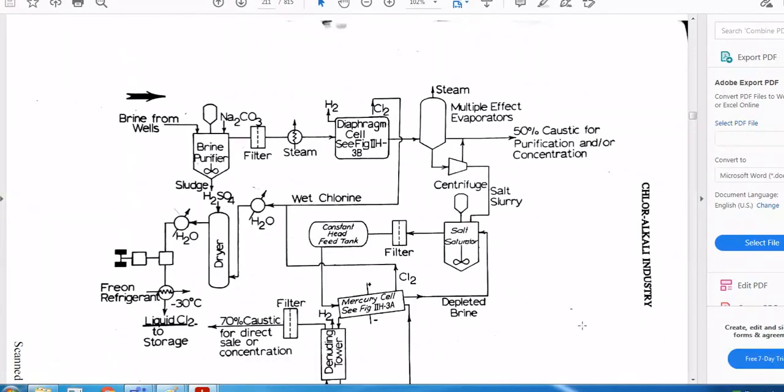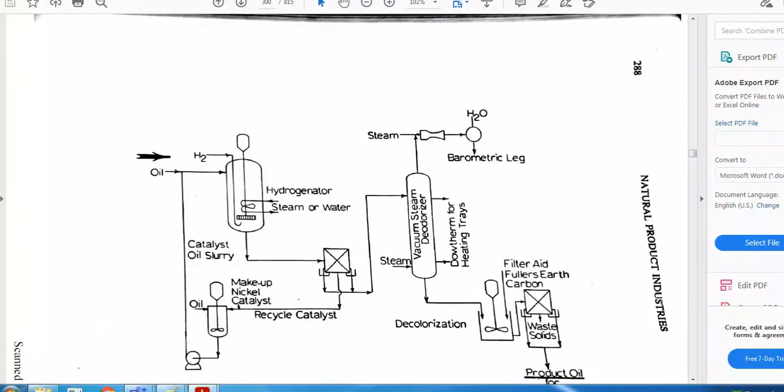Whereas vice versa, if you take the salt saturated, no such things are there. Here we are going to maintain two liquids. We are going to mix two liquids and then send them out. So depending upon the nature of the material and the nature of the problem, we have different types of agitation systems. Let us conclude the last one fast.